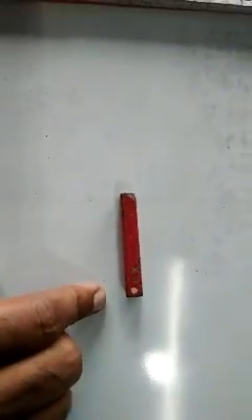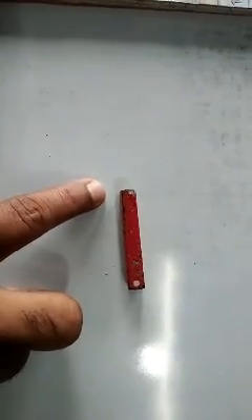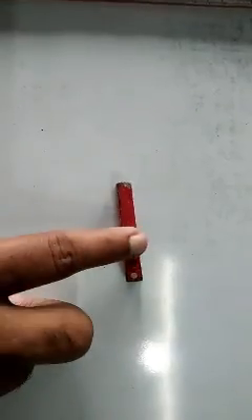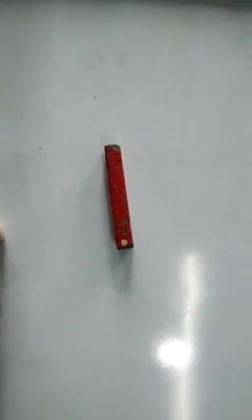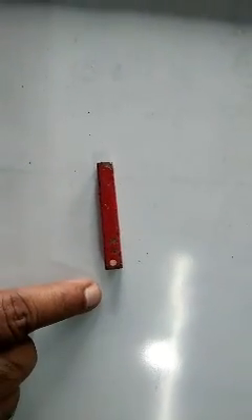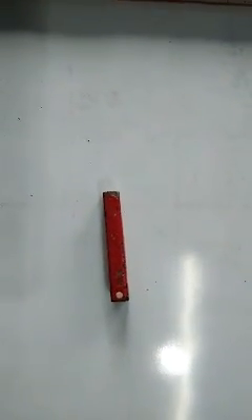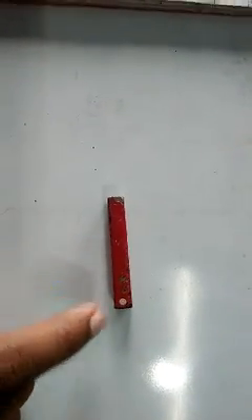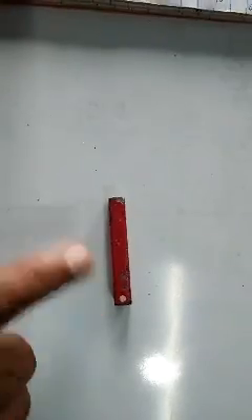As I told you already, every magnet has two poles, one called north pole, another called south pole. Here they are not writing N and S. So how can we find out which is N and which is S? This dark mark indicates north, and this one indicates the south pole. Remember. What is meant by magnetic pole? The attractive or repulsive power of the magnet is more at the ends. The region where the attractive or repulsive power is more is called a pole. Every magnet has two poles, north pole and south pole.